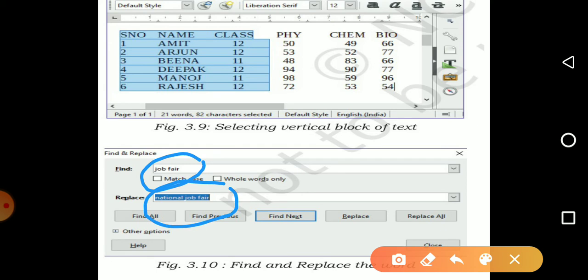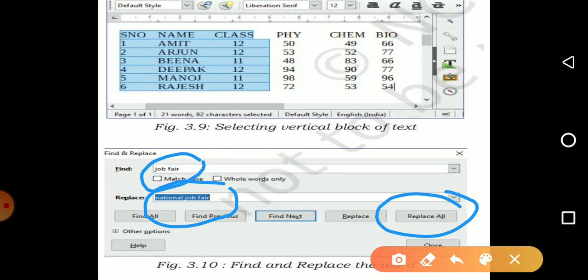So now you don't want to replace only one occurrence of the word India. You want to change the whole document wherever India occurs. You have to change it to Bharat. So too many occurrences have to be replaced with Bharat. In that case, wherever you find India, all the words India should be changed to Bharat. You can click on the Replace All button, so that wherever India occurs in the document will be replaced with the word Bharat.